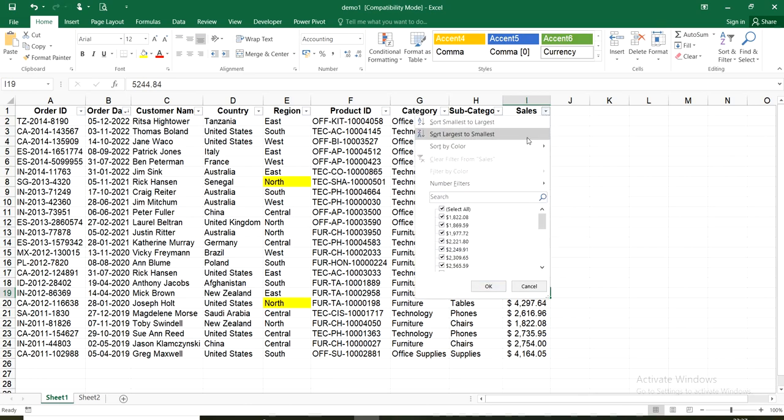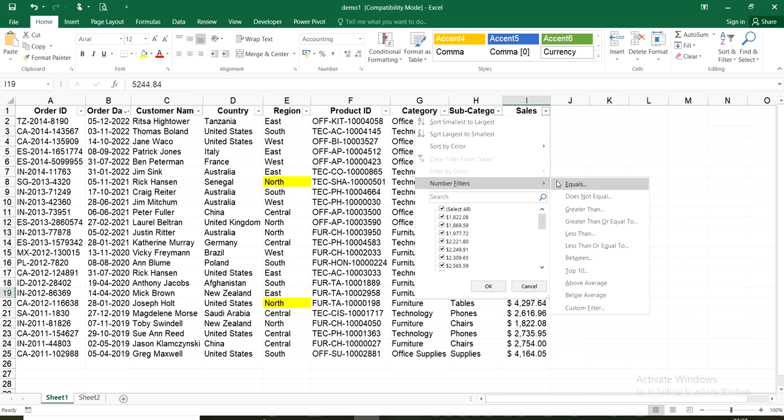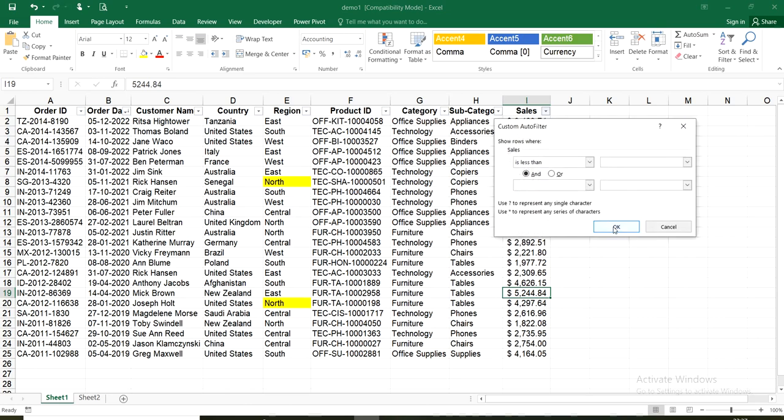Going to the filter option, here going to number filters. There I can see these options: equals, does not equal, greater than or equal to, less than or equal to, between, top 10, above average, below average. And if you are not satisfied with these available options, I can go with custom filters also. Here I am going to the less than option.